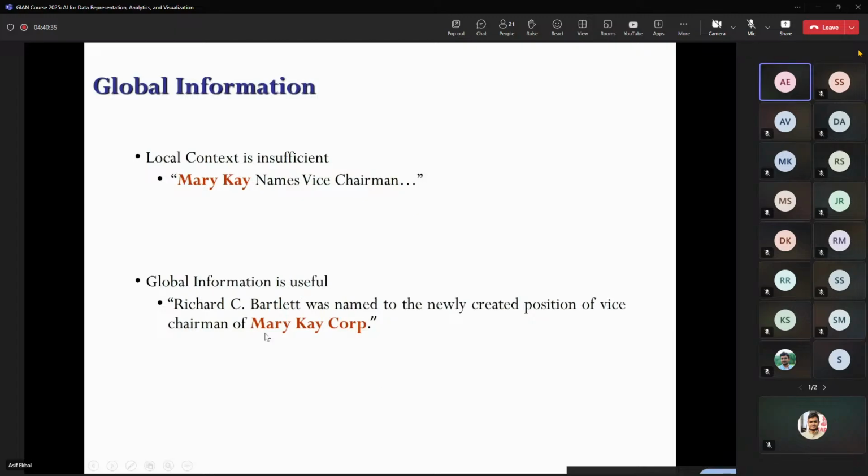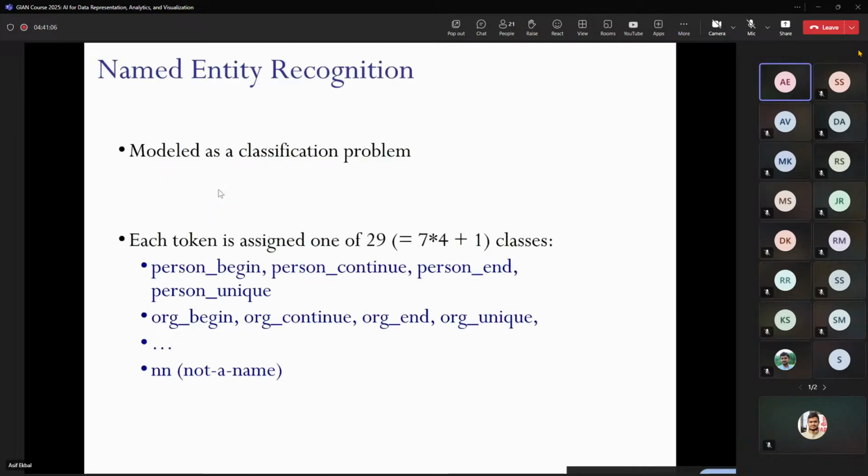If in the same document you have another sentence where you are already very sure that this is an organization, then you use this information to decide that this also is an organization, not a person. So that means what? You need the help of the entire document. That helps you decide that this is a kind of organization name. So this is how the global contextual information helps. And they used an interesting